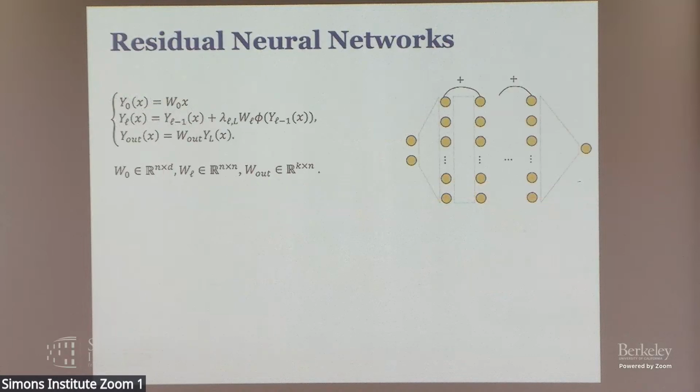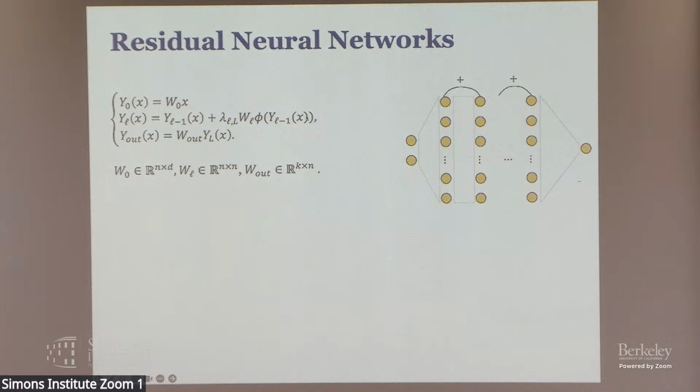So I'm going to consider a simple residual neural network. It looks like this. Basically, you have some input layer, then some hidden layers. This is called a residual neural network because it has this term Y_{L-1}. The intuition is that instead of writing Y_L as a function of Y_{L-1} directly, like the MLP layer, you write the difference between Y_L and Y_{L-1} as a function of the previous layer. So you're kind of learning the residual instead of Y_L directly.